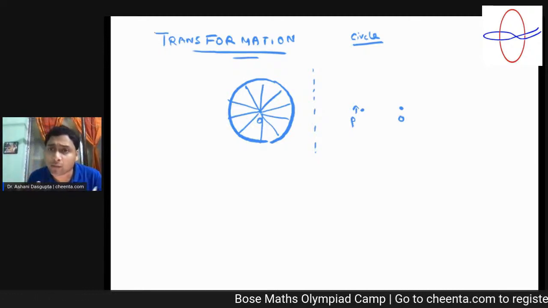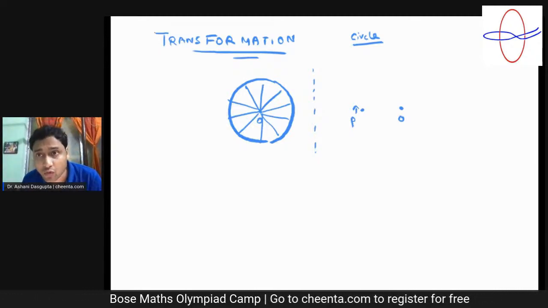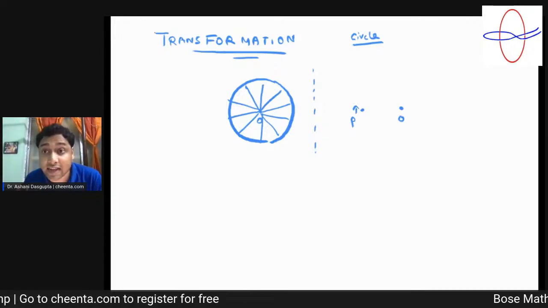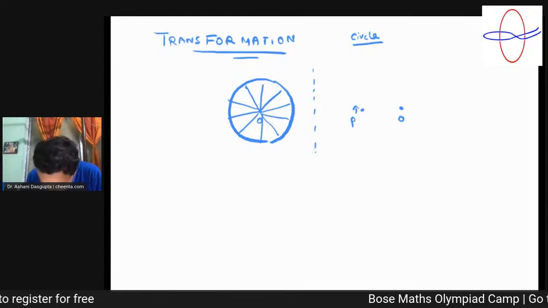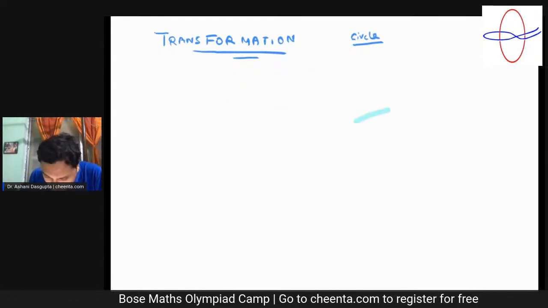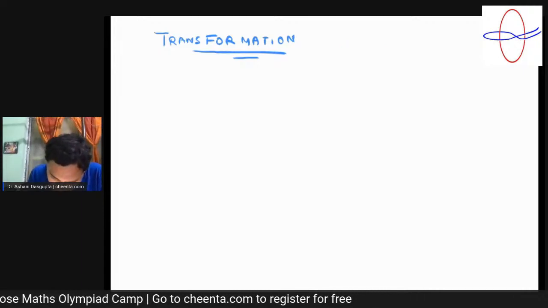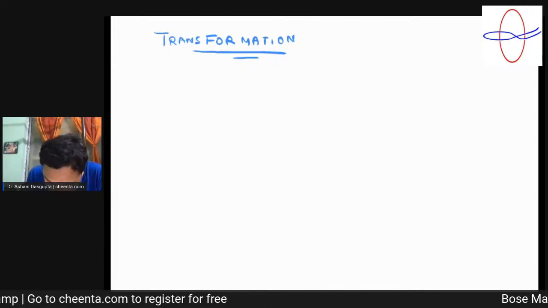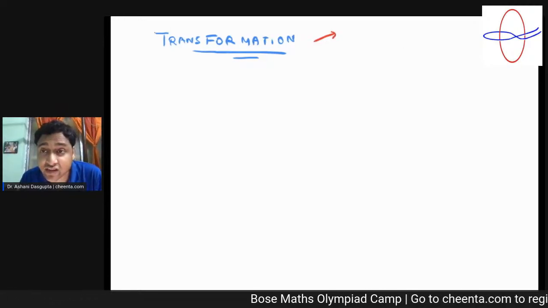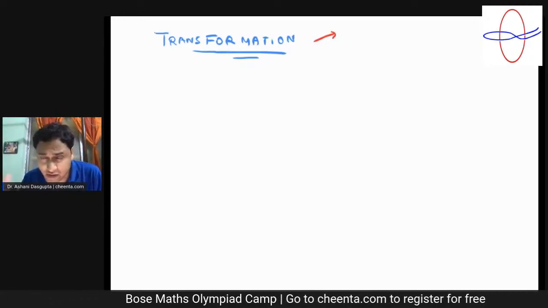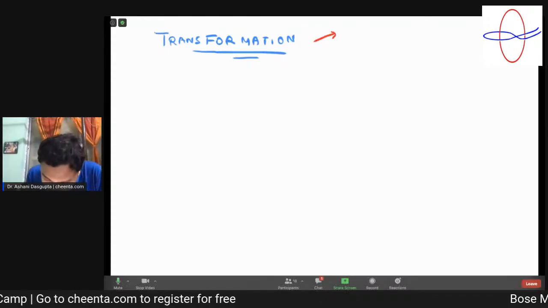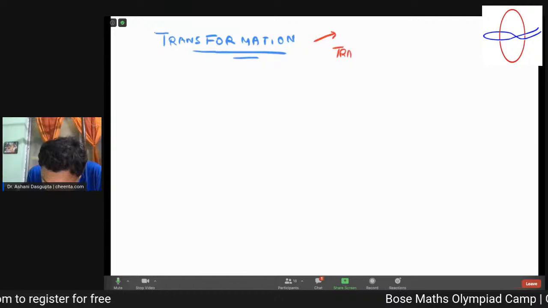The simplest form of transformation that we all know about is translation, and we will be talking a little bit about that today. So let me erase this picture and go to a problem. The first type of transformation, and we will learn quite a few, and in the geometry module at Chinta Maths Olympiad program many of you have learned more of these, is called translation.